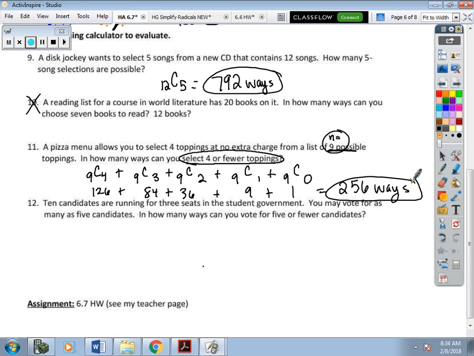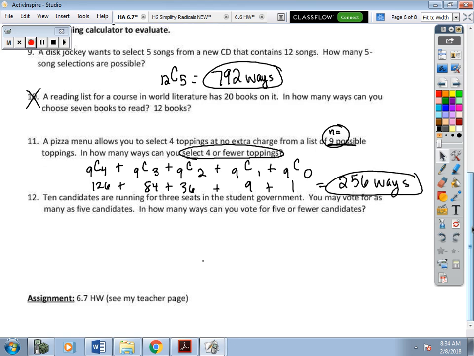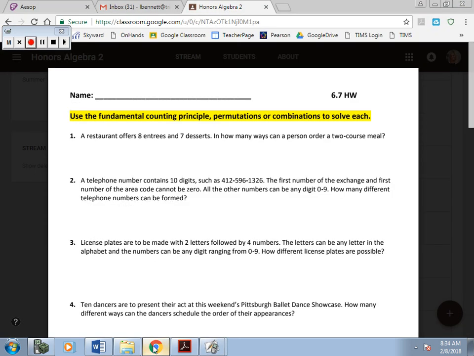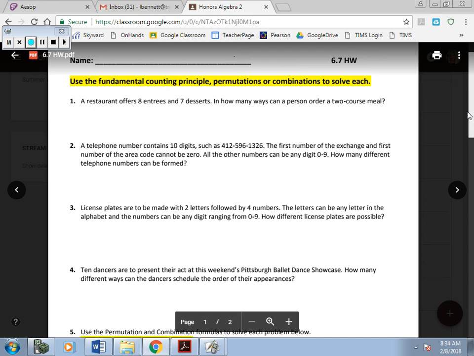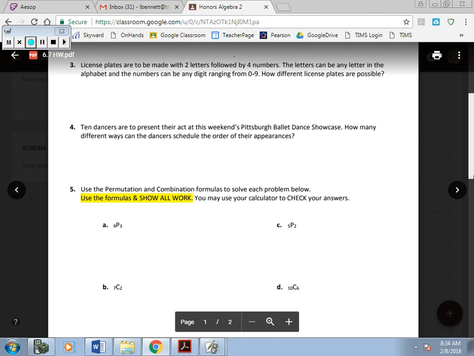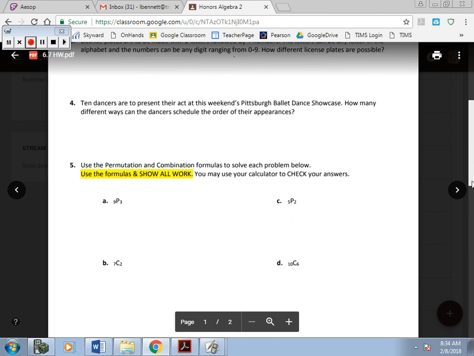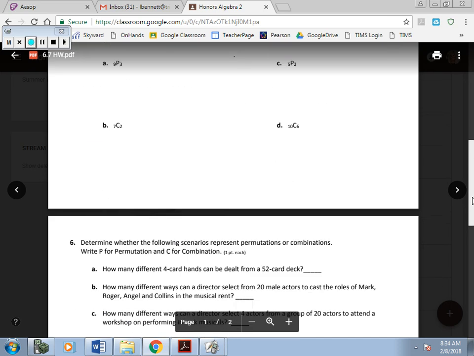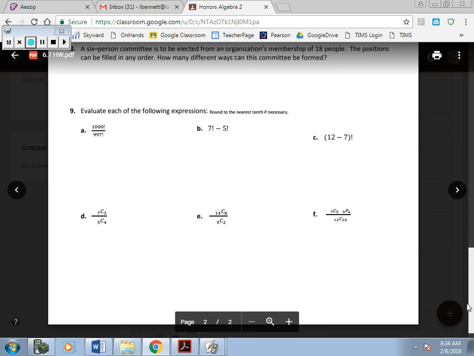Okay, go ahead and try 12, which is very similar. And then you guys can start on the homework while you're here in class. So you do want to make sure that it does give you 3 options, fundamental counting principle, permutations, or combinations for your homework. A couple of them are a little tricky. And also for the ones that say use the formulas and show work, make sure you use the formula and show work. You can use your calculator to check it, but